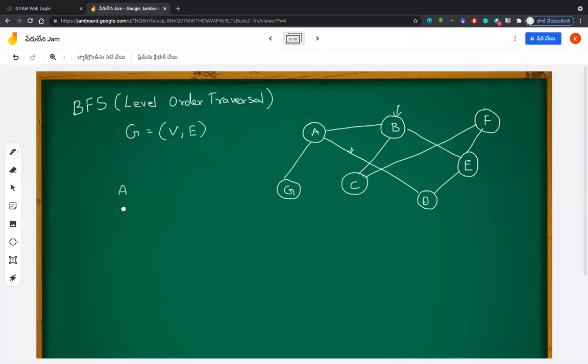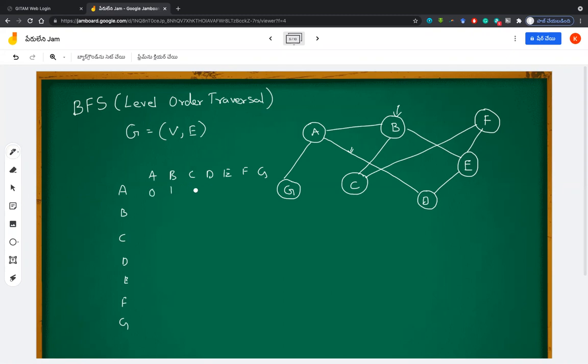For example, you take a matrix with A, B, C, D, E, F, G, and here also A, B, C, D, E, F, G. So wherever the connections are there, it will keep a one.